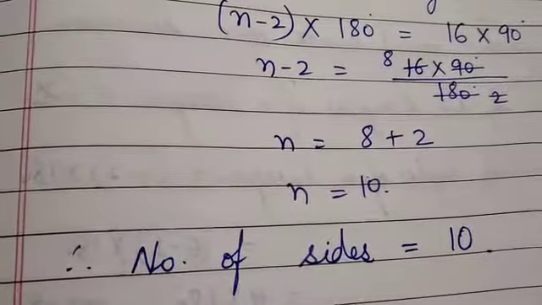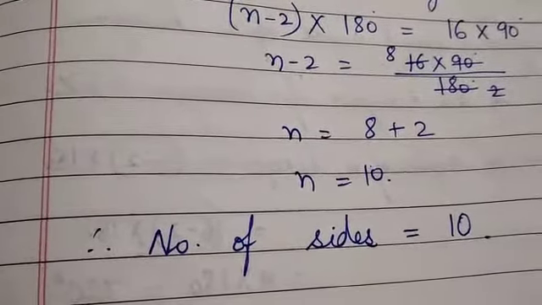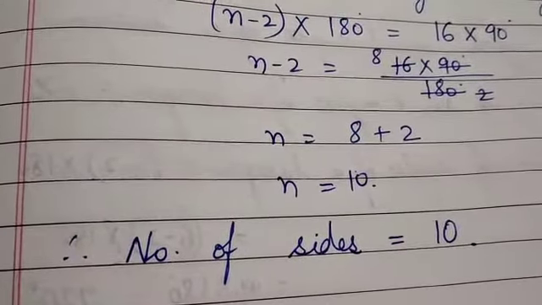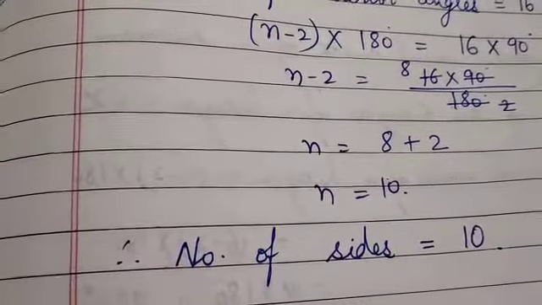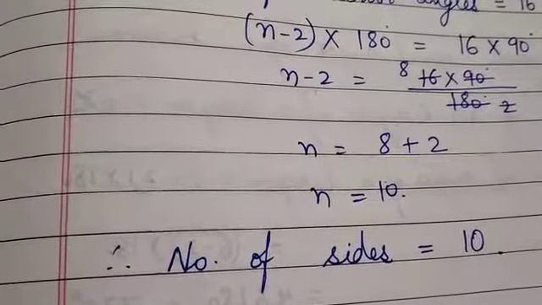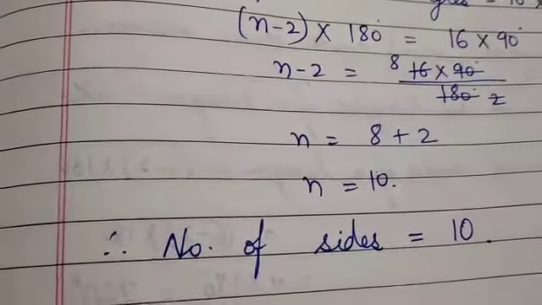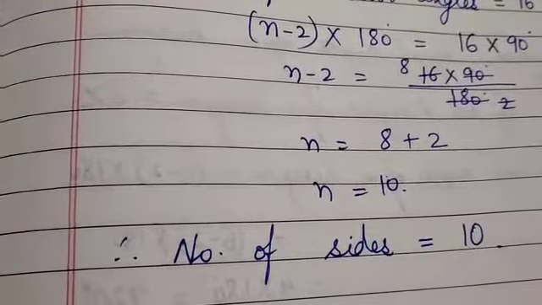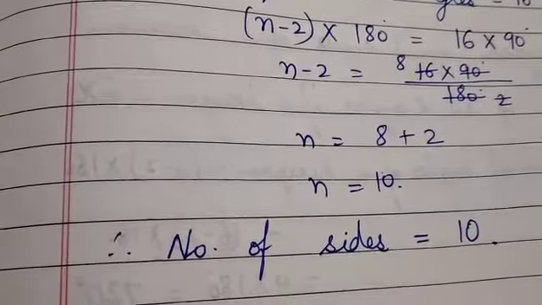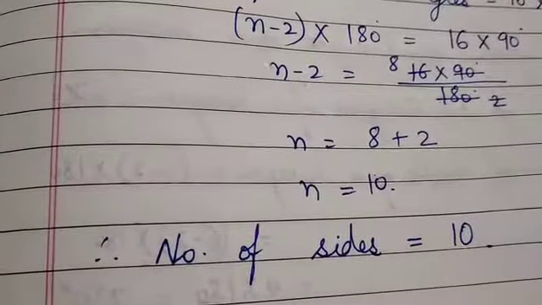So children, your today's homework is question number 2 and question number 3 of exercise 16a, and no need to do question number 1. But children, you should know why the figure is a polygon or not a polygon. And at the same time, read the chapter twice or thrice for better understanding, because this topic is new for you.